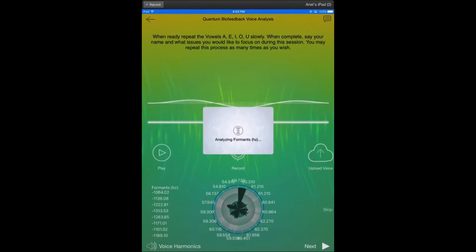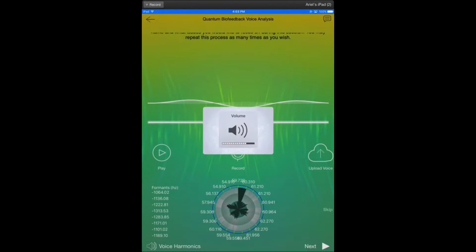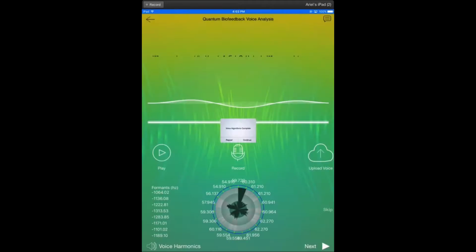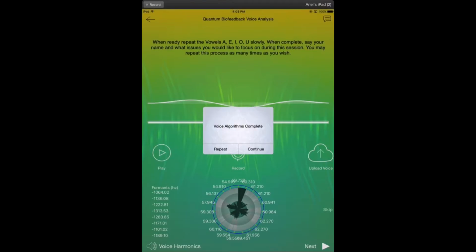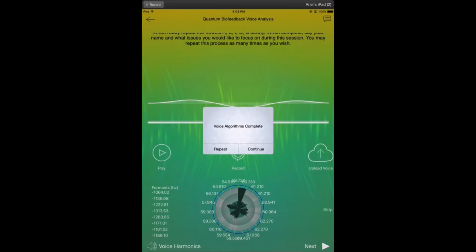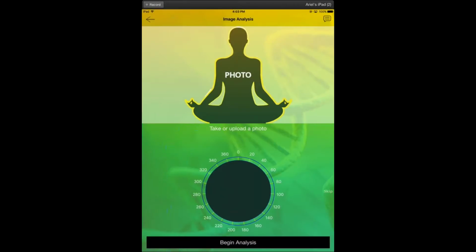it simply will now begin to analyze it, but several different times. It literally listens to the recording, then it listens to it again, then it listens to it again, until it's complete. So it gets a really nice analysis, a very crisp and precise analysis of that voice. We then hit continue. We then can upload a photo, or we can take a live photo. Once that's done, we can begin the analysis below.